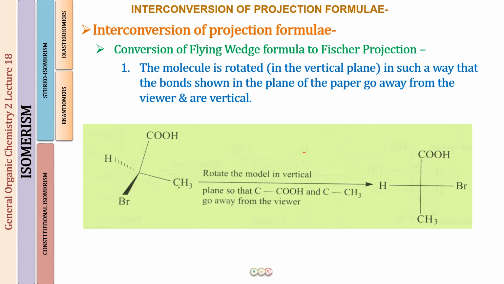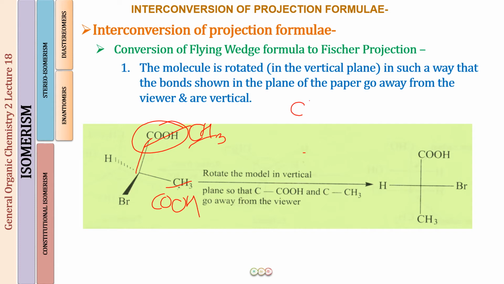Okay. Now the next thing is, what I've just told you is that the principal functional group we generally represent on the top of this vertical line in the plane of paper. But supposedly you are given a molecule in another fashion, and then you are tested for your knowledge. So what I'll do is that instead of the COH group, I will put a CH3 over here, and the COH I will put over here. And now I ask you to make a Fischer projection for this molecule. Okay, so how will you do that? Well, what you can do is, whatever you have learned, make the Fischer projection just the same way.